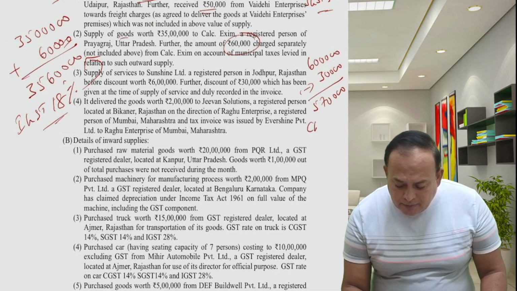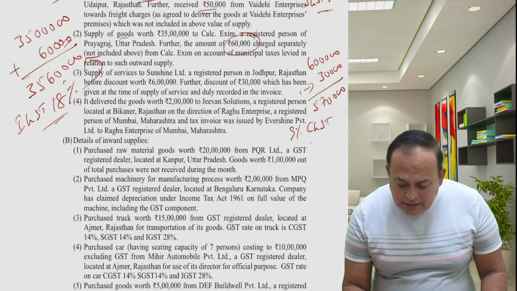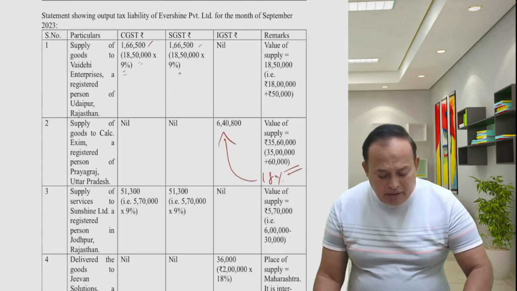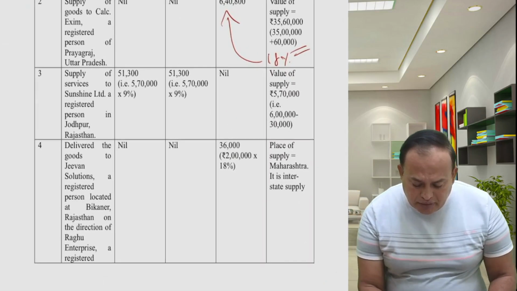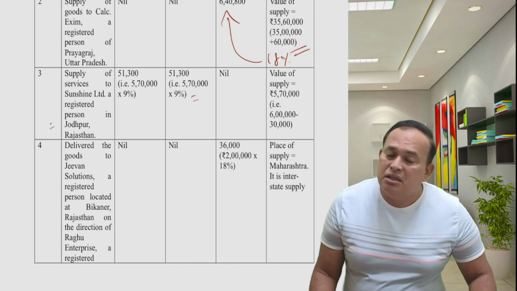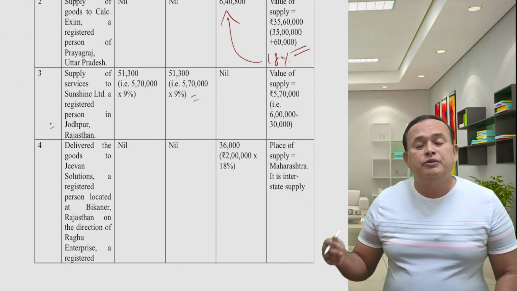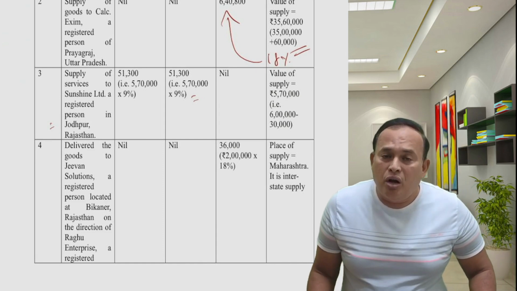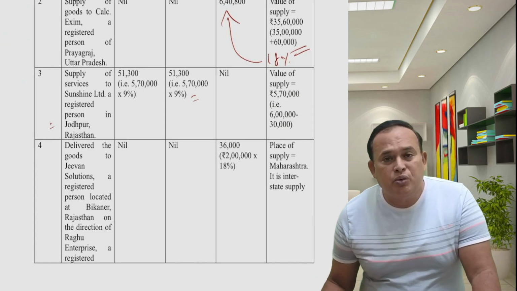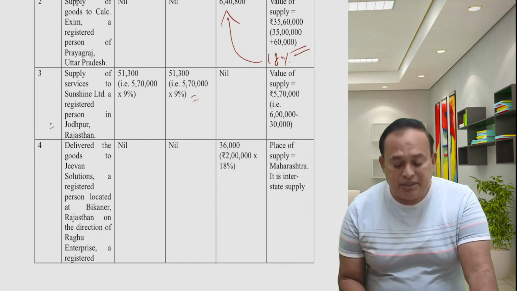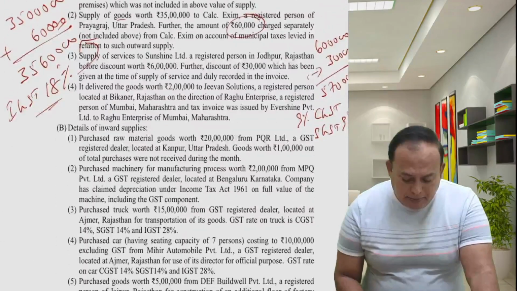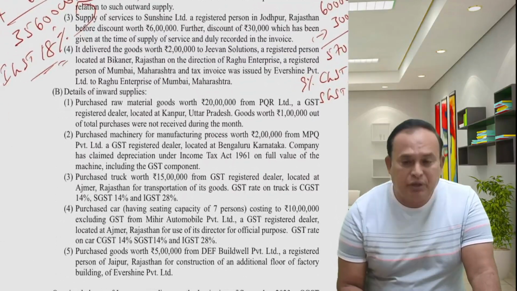Therefore, CGST 9%, SGST 9%. That is intrastate supply. I have mentioned it here for your kind consideration. Value of supply of services, intrastate supply 5,70,000. How did you get 5,70,000? 6 lakhs minus 30,000 of discount, which is allowed as a deduction. Therefore, we deducted and the balance amount is 5,70,000, on which we charge 9% of CGST, 9% of SGST, which is 51,300 here for CGST, SGST. Now come back. Further, referring here, sir, point number 4. Point number 4 I am referring here for your kind consideration.